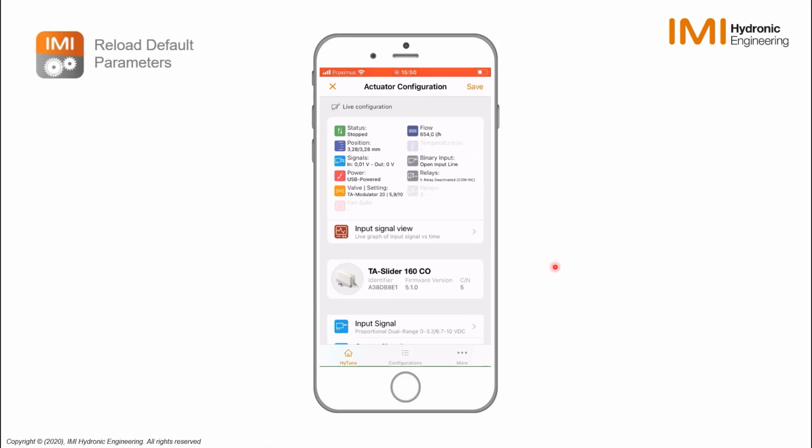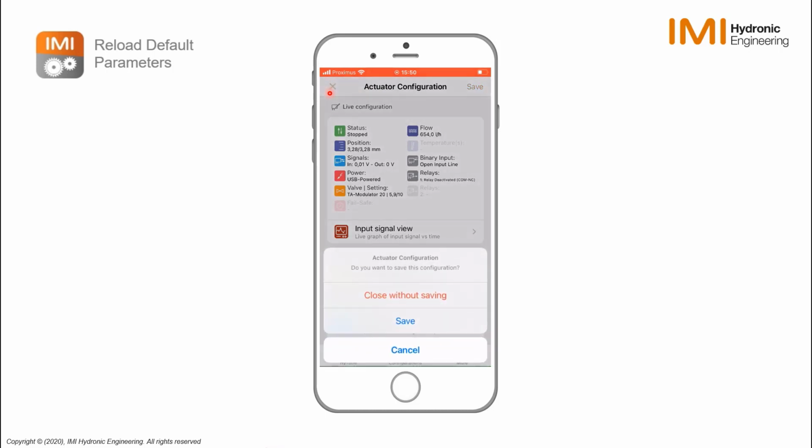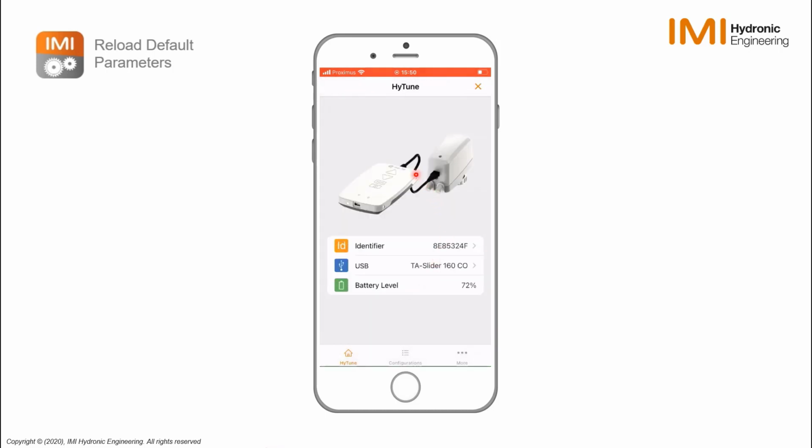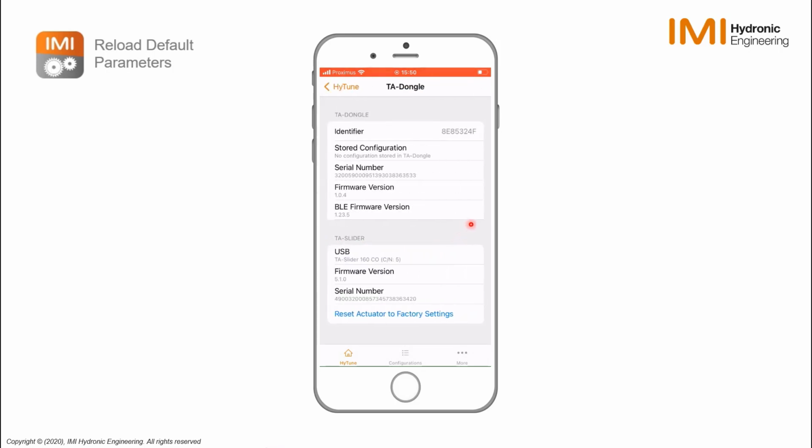You can check the current settings, but we don't want to change anything here, so we go back to the main screen. We close without saving, and then we connect by clicking on identifier, and on the bottom you see here reset actuator to factory settings. After clicking that, the HyTune will tell you that it has been correctly done, and then we can go back